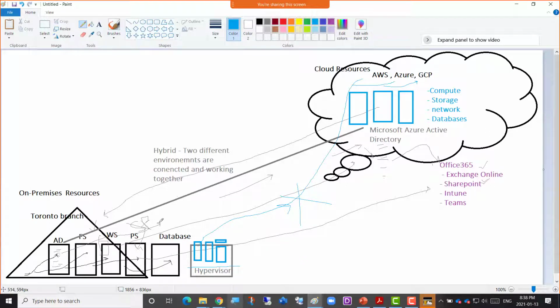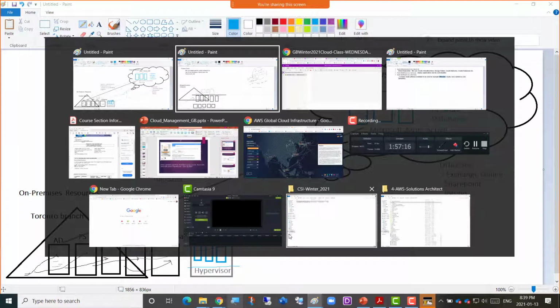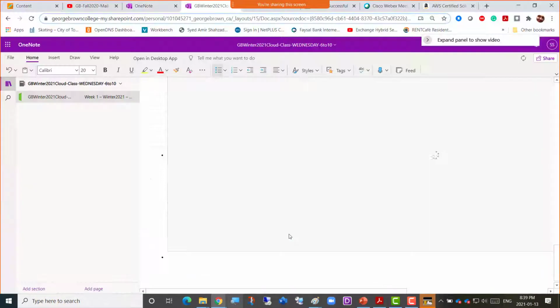Anyway, this environment is really important, and virtualization is really important, and the majority of the big companies will have this environment. Maybe small companies have all migrated everything to cloud already, but medium to large size companies would not have. So the majority of the time you will face this hybrid environment, and many of the cloud technologies and some of the hybrid technologies you have to face. That's why virtualization is also important.